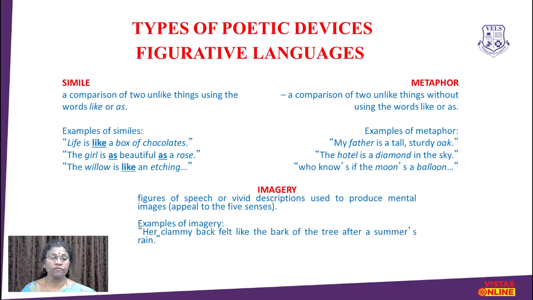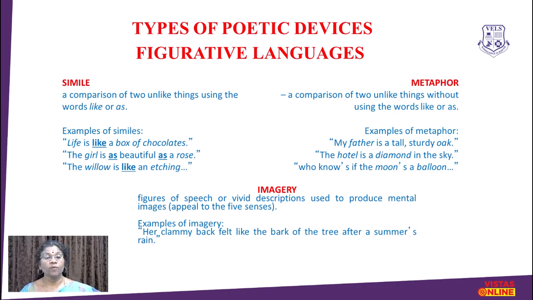Perhaps the poet's life was always sweet, or the character in the poem feels that life is very sweet. Perhaps the poet has encountered somebody which makes his life more meaningful and sweet, and that's the expression of the mood. Life is like a box of chocolates. Chocolates is different, life is different. But the common quality which makes them similar is the sweetness. The girl is as beautiful as a rose. Rose is totally different and girl is different. How could we compare a girl to a rose? There is one common quality, beauty.